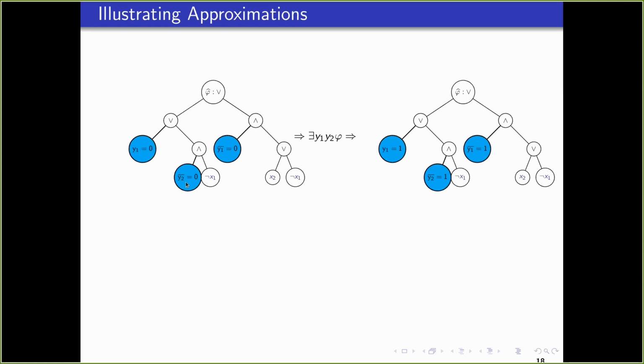If I set all the leaves which have either y1 or y1 bar, or y2 or y2 bar as 0, then I'm definitely going to get an under approximation of what this was. And if I set all of these to 1, I'm going to get an over approximation. And once again, this just follows from the fact that the result of quantifying this is really setting 0, 0, 0, 1 and all of these things.